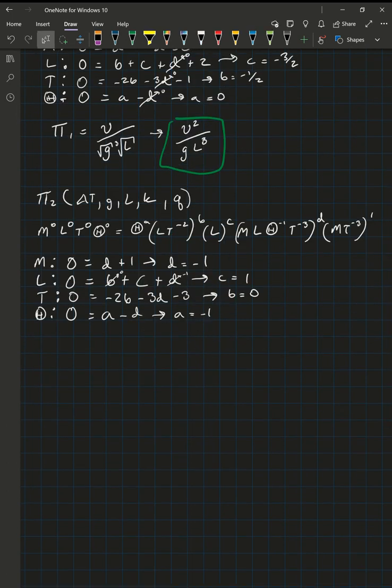So now we can make up our second pi group, which pi 2 is basically equal to, well, we have our cubed raised to the power of 1, so we'll leave that up here. Let's see here. So C is equal to 1. So that means that essentially what we